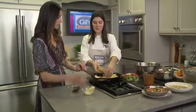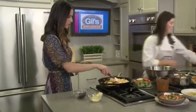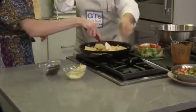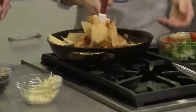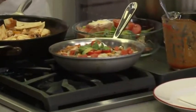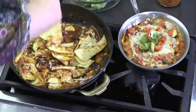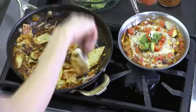So it's not too fussy. You could add cheddar. And now I'm just chopping up. Wait a minute, the tortilla's going right in? Yes. They go in right like this. Stir those around and you get those nice and coated. And then you'll put more cheese on the top. And you get this in the oven for 15 minutes, just until it's nice and bubbly on top. And then you can garnish it with sour cream. We've got avocado. I like to put some fresh tomato on top,